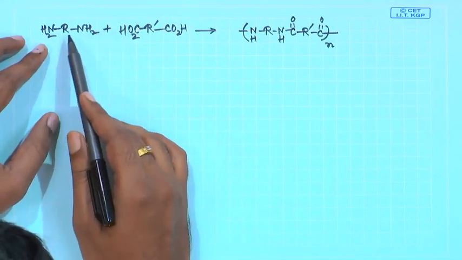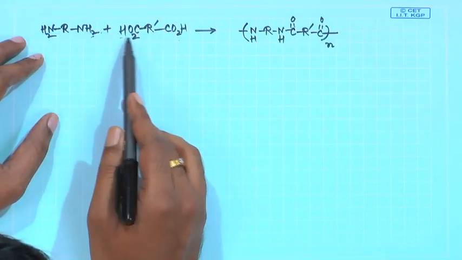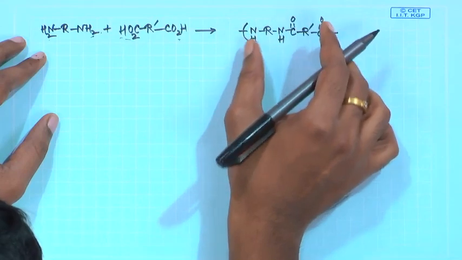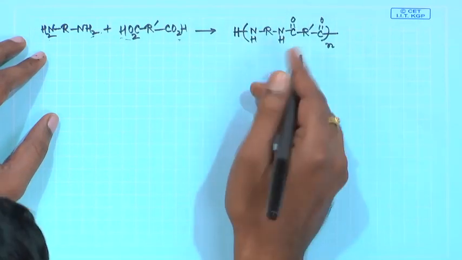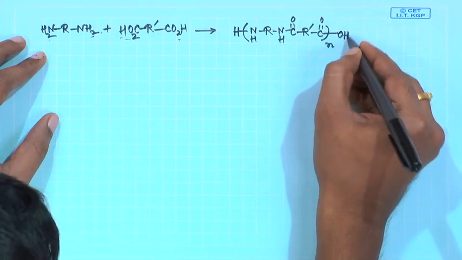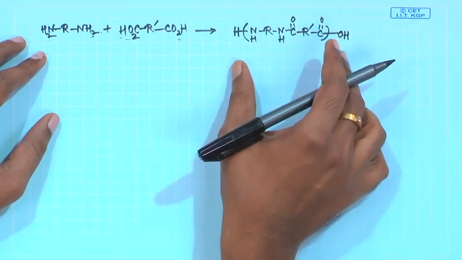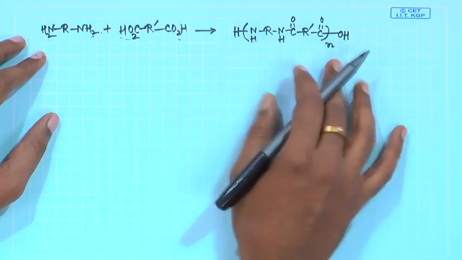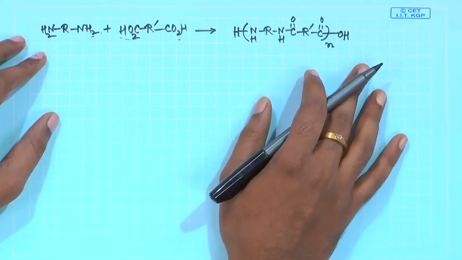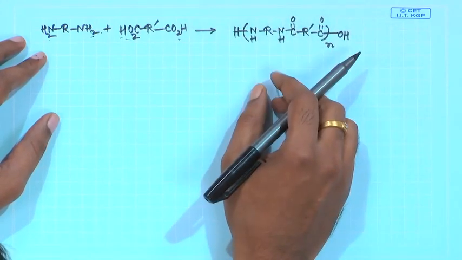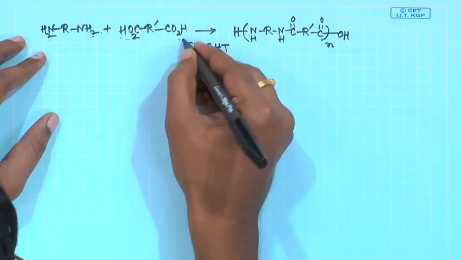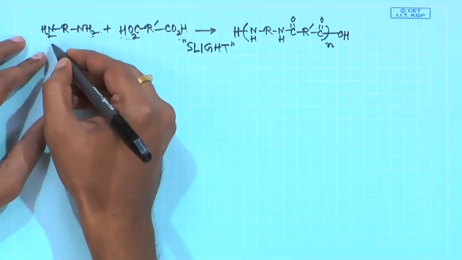Now, if you have both the amine and the carboxylic acid in stoichiometric amount, then at the end of this particular chain, on one end it will be amine and on the other end it will have carboxylic acid. So, two such chains can react, because this amine can react with this carboxylic acid. Under specific conditions they could react. This is something you want to avoid, because otherwise the molecular weight cannot be controlled. Now, suppose you take a slight excess, I will tell you what the meaning of this term slight is in terms of the present concept. Let us say you take an excess of this,